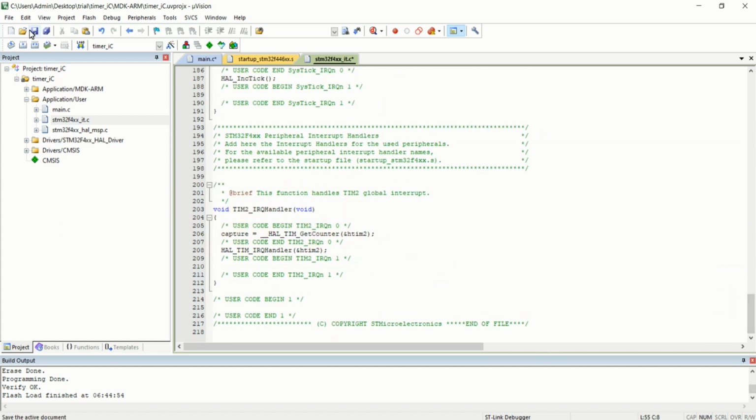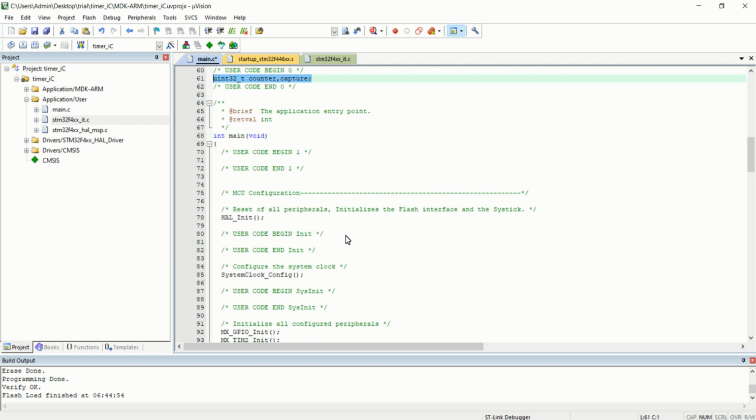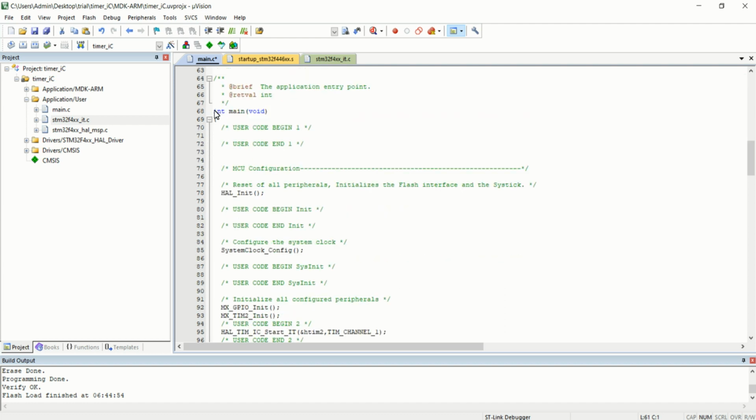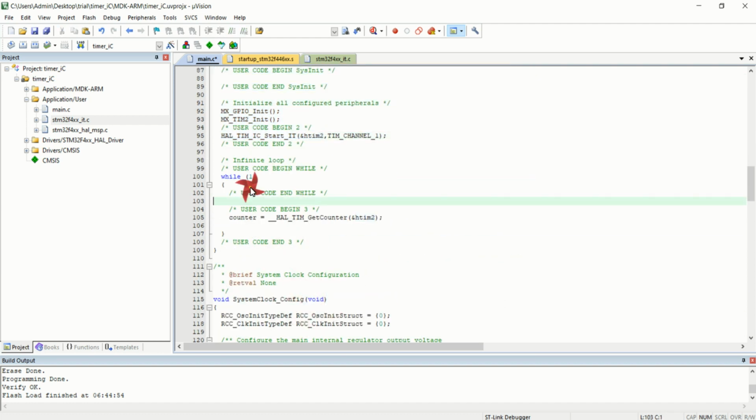So that's it. You can see that's all about the programming part. Now what happens is when the program starts, it executes all the lines over here and it enters into the while(1). And inside the while(1), it will be continuously fetching the timer 2 count value, and it will be storing it in the counter variable. And this counter variable will be automatically incremented from 0 to 65535, and again it will roll back to 0, and this process continues in this counter variable.